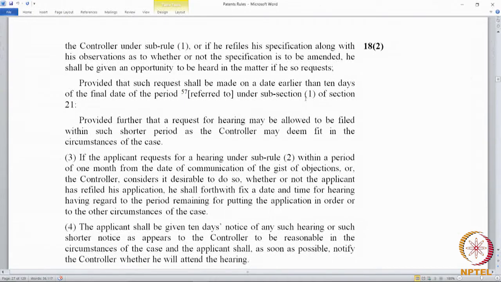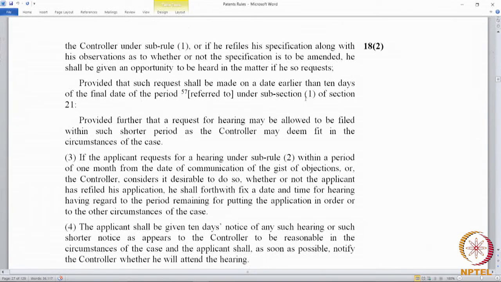Now, section 21, we have not come to that section yet, deals with the timelines for putting a patent in order. Section 21 is titled Time for Putting Application in Order for Grant. Section 21's fundamental premise is when the office communicates an objection by way of the FER or by subsequent objections, there is a time within which the applicant will have to respond. That timeline is given in section 21. And now that we have an expedited examination, some of the timelines have become shortened in the case of an expedited examination.